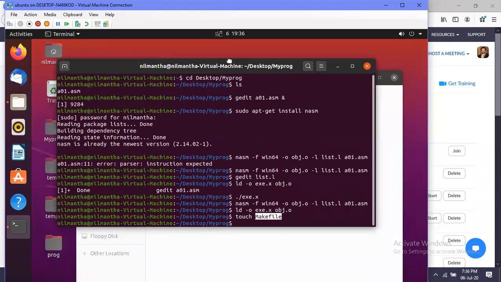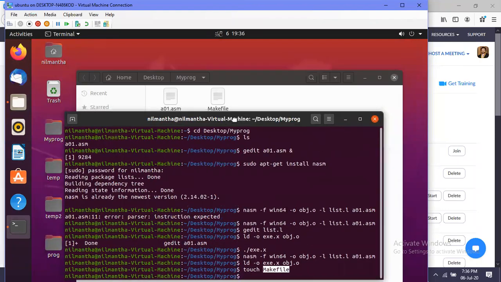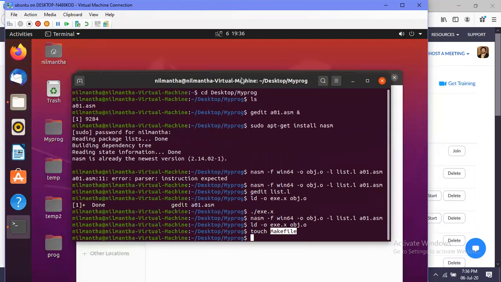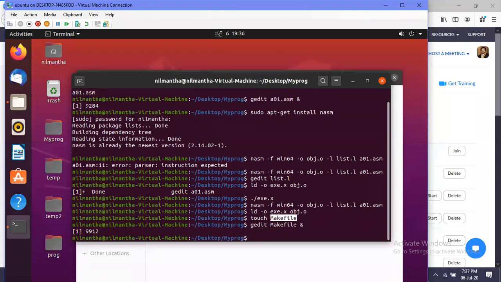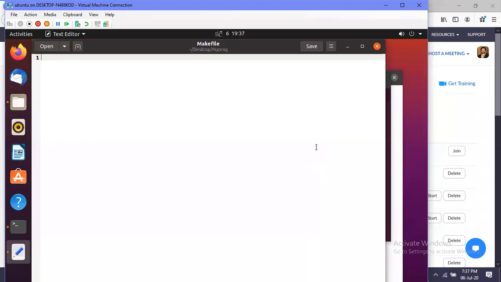Now I want you to open this using gedit, the name of the file, just like we opened the assembly file. Type makefile and press enter. Then it will open this empty file.